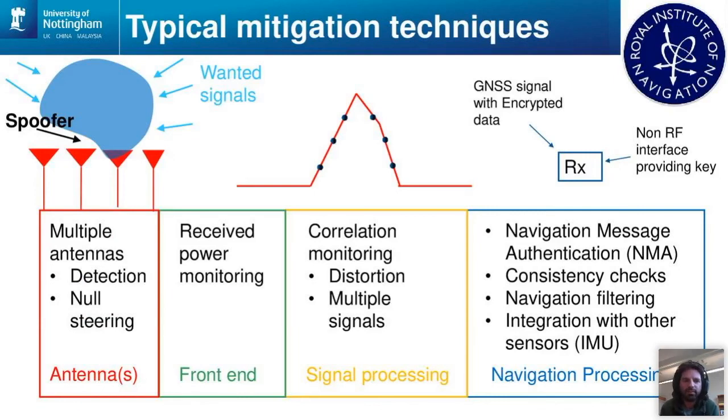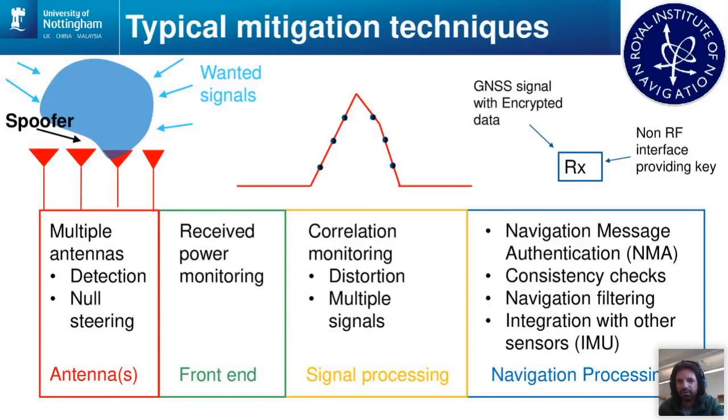Similar to interference mitigation techniques, we have a range of ways of dealing with spoofing inside the receiver. The best one probably is again the multiple antennas looking at the angle of arrival of the spoofer and trying to mitigate it by creating nulls, or dips, in the antenna pattern. But we also have ways of detecting spoofing using either the received power level in the front end, or looking at the correlation shape itself and seeing if it's distorted or if there are multiple correlations within our receiver, because we might have the true signal still there and the spoofed signal in the same data, so that in some cases where they're both present, we can discard the spoof signal and keep